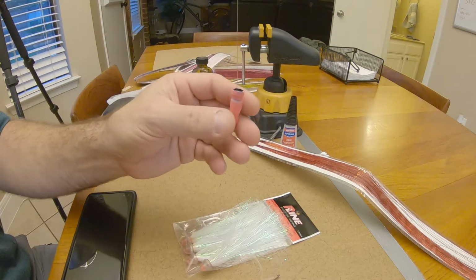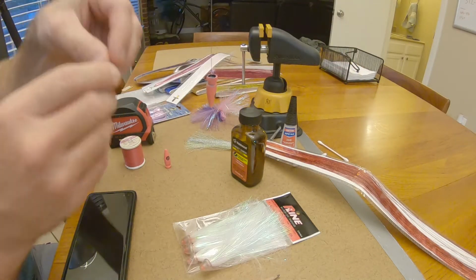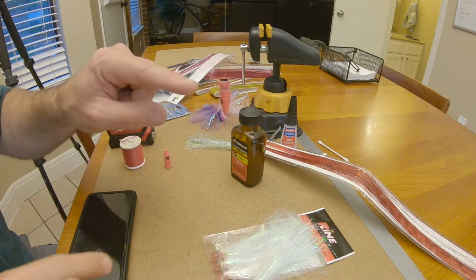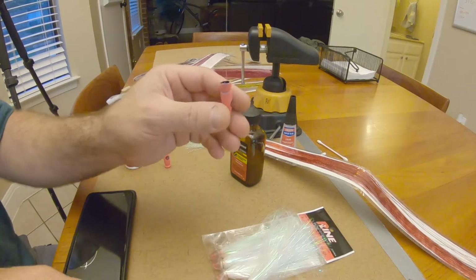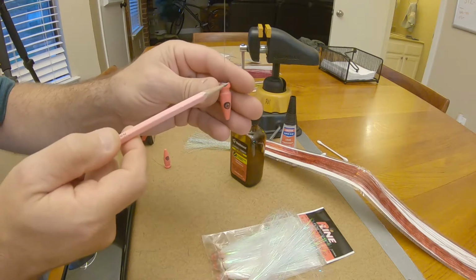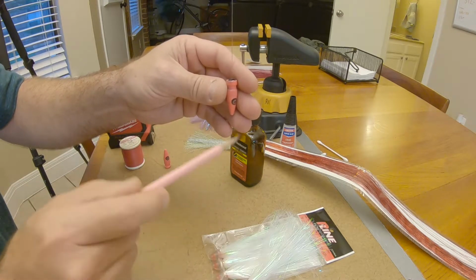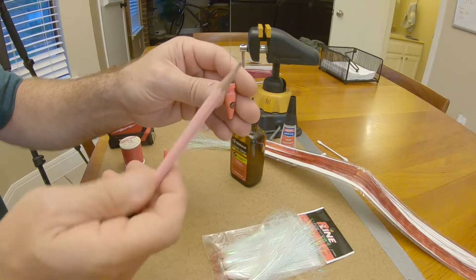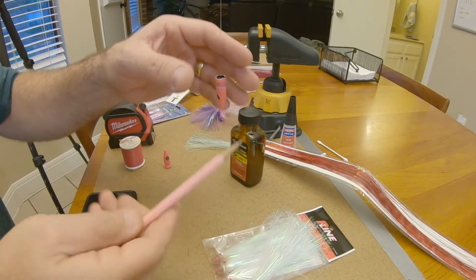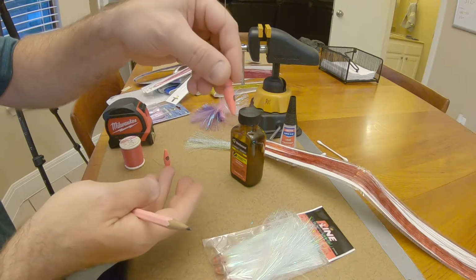What I've got here is I've got this hanging upside down, because what I'm gonna do is take a little bit of contact cement. I'm gonna get that channel sticky with the contact cement. Then I'm gonna cut out a length where it will start right about there, and I'll let it hang all the way till it touches this hardboard, the hardboard here on my table. Let it hang until it touches that, and then I'll just press it in there and it'll stay tacked. And then I'll just keep hanging. And so it'll hang this way, and once I build it all up, then when I go to turn it over,